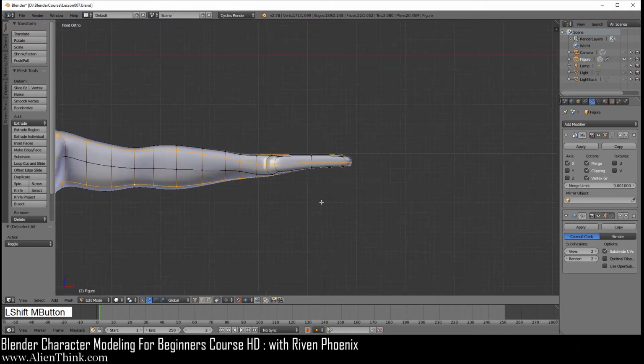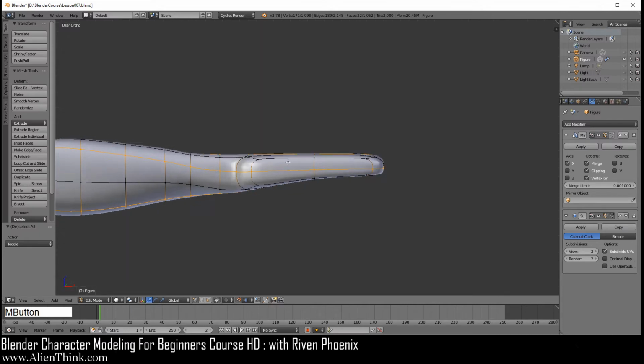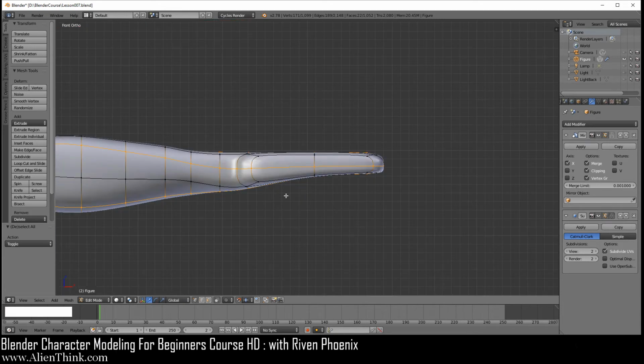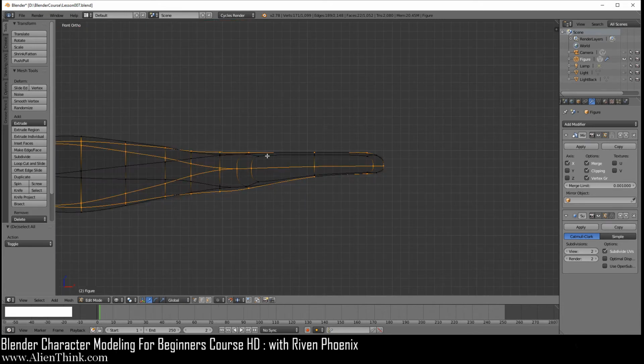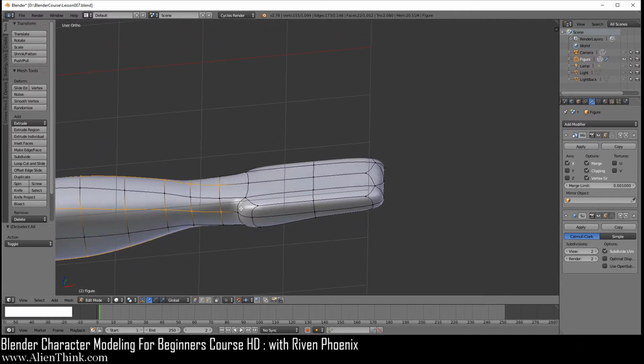Now, before we can do anything, we don't want to touch this area of the hand. So if I do middle mouse button to rotate, you can see that everything where this curvature is, where you're following the mouse, I don't want you to select anything over here. So press the 1 key to go into your front view, press Z, and now you can simply do B, the letter B in middle mouse button, and you can draw a box and it'll deselect everything. So if I do Z, middle mouse button to rotate, you can see that I simply deselected everything the hand because I don't want to touch this area.